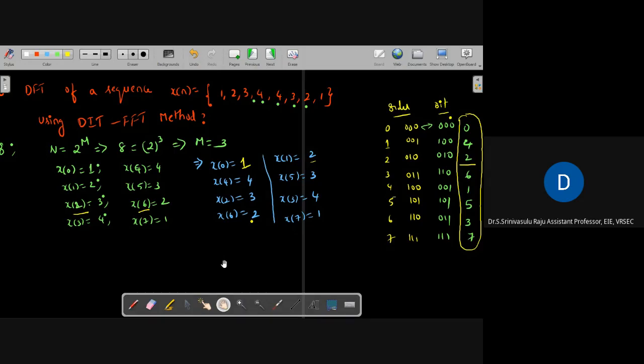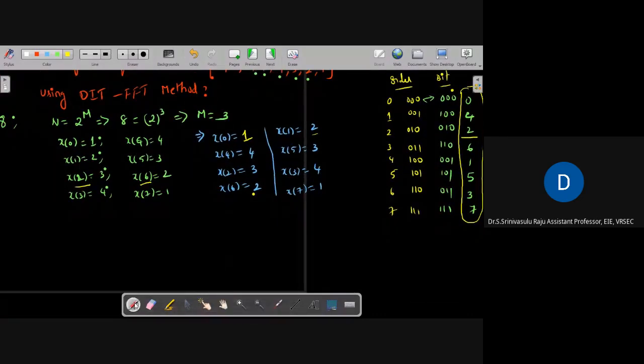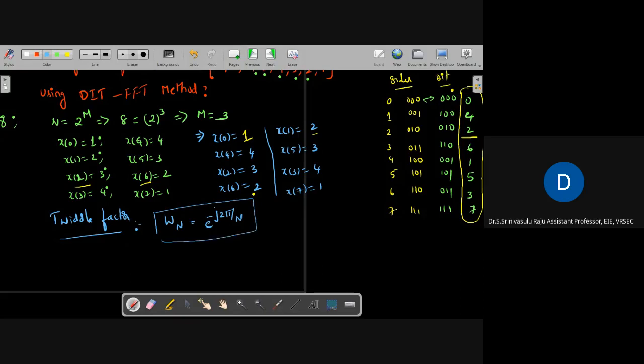Okay. So one more step is over. Next, we have to find out the fiddle factor. Okay, corresponding fiddle factor will appear here, right? So now next point is fiddle factor. We know the fiddle factor can be represented as W suffix n, which is nothing but e power minus j 2 pi by n. So this is the formula of fiddle factor, right? All of you know about this formula. E power minus j 2 pi by n can be represented as omega W n.